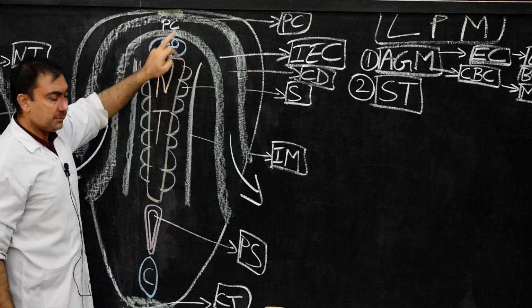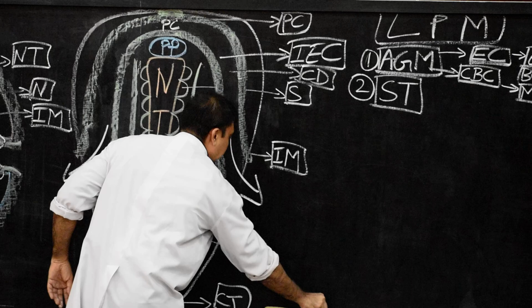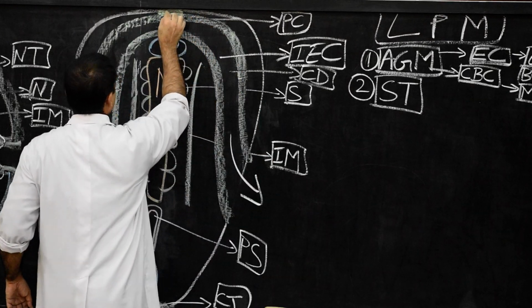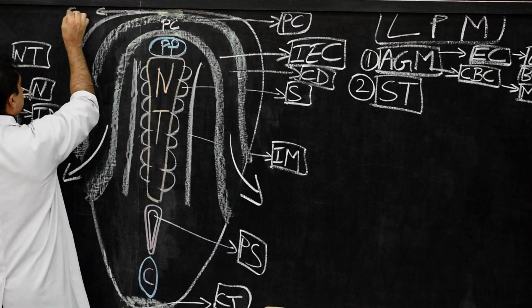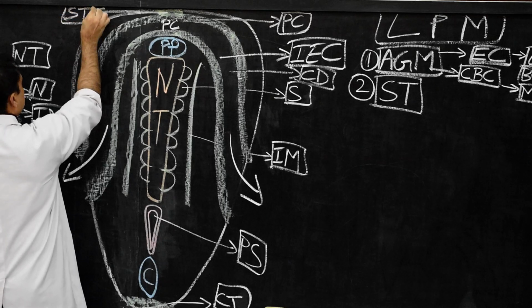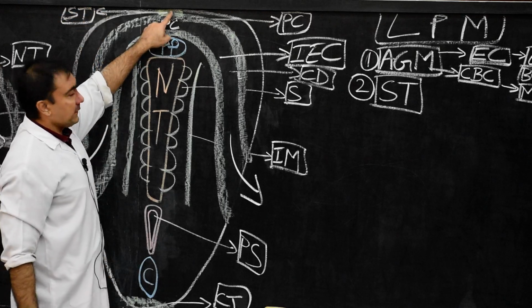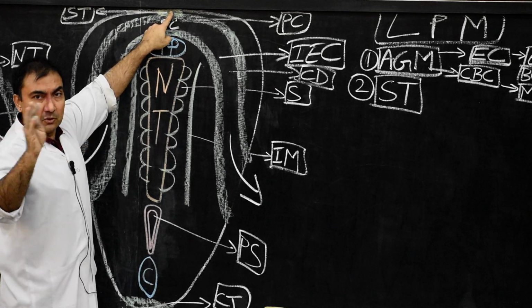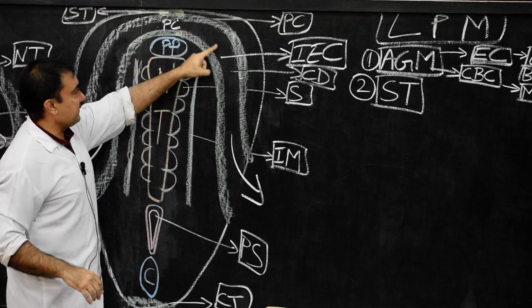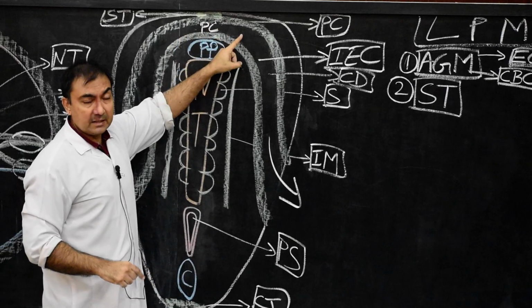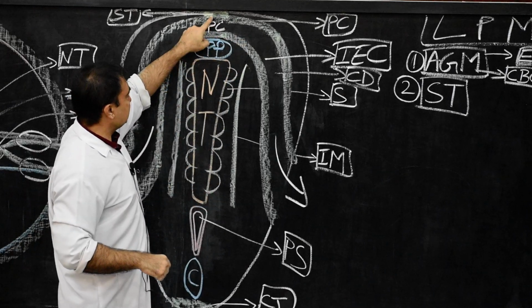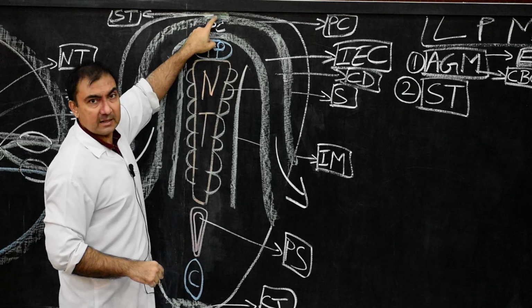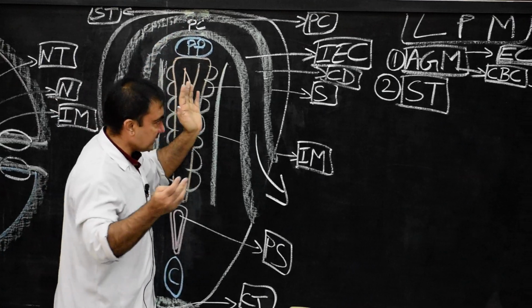Please mark this as septum transversum. So in front of the pericardial cavity here, what I have drawn, I can mark this structure as septum transversum. And remember, it is the portion of intraembryonic mesoderm in which there is no creation of this cavity, the intraembryonic coelomic cavity. And where is this septum transversum present? Just cephalic to the pericardial cavity.